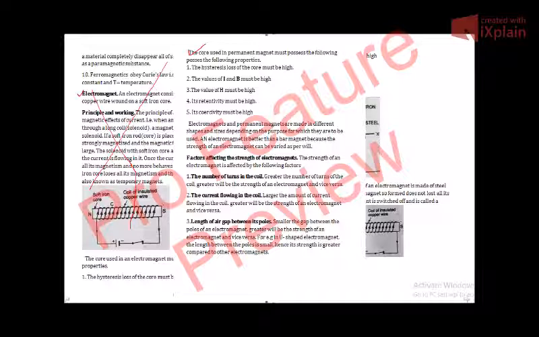Remember this thing. If you use these two solenoids, one of which has a greater number of turns than the other, in a situation where you have the same current. For example, two students are sitting in the same room. Room means they will have the same current.